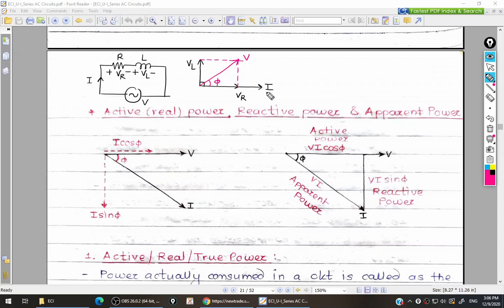Now if you look at this phasor diagram, V is here and on the x-axis you have I. Now if I rotate this phasor diagram in the downward direction, if I make this voltage horizontal, how will your phasor diagram look? It will look like this. Your voltage is on the x-axis. If voltage is rotated, similarly current will also get rotated, so current will be inclined. Now voltage is horizontal and current is inclined like this.